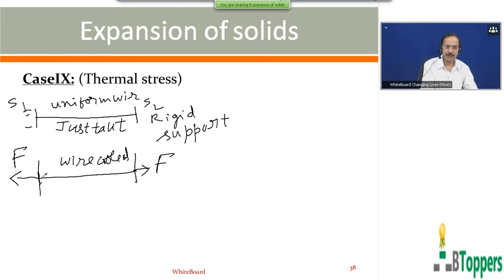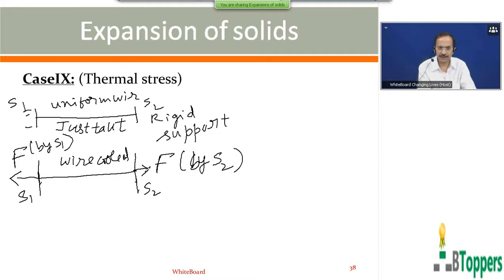So the letter F shown on the left hand of the wire represents the magnitude of the stretching force exerted by the first support S1 on the left side on the wire. The other letter F, as shown on the right side, represents the magnitude of the stretching force exerted by the other support S2 on the wire. The wire is a truss here. These two forces are equal in magnitude. The two ends of the wire will be stretched by forces of the same magnitude F at the two ends of the wire to prevent the contraction of the wire.